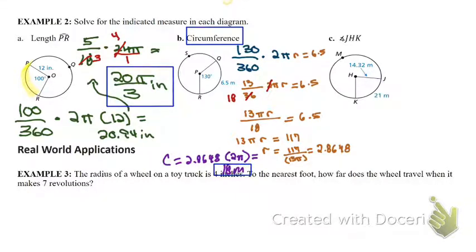And now I look at it, there's probably a quicker way to do this. We actually didn't even need to find the radius, because 6.5 is the 13 over 36 portion of the circle. So there was a quicker way to do it. I'm just noticing that now. I might as well show you. So I'm going to show you down here in this box. So the whole circumference is going to be